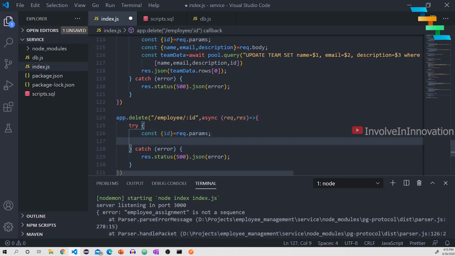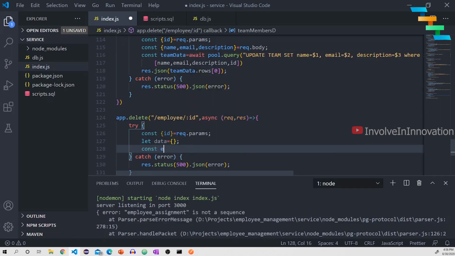the employee. If you try to delete the employee without deleting it in the employee assignment, you will get a foreign key constraint violation. So you need to check if there is any entry for this particular employee in the employee assignment table. That means if this employee is assigned to any team, we need to make sure you are deleting that assignment before deleting the employee. First I will delete from the team member data. So I am creating a data object here. Constant employee assignment data equal to await